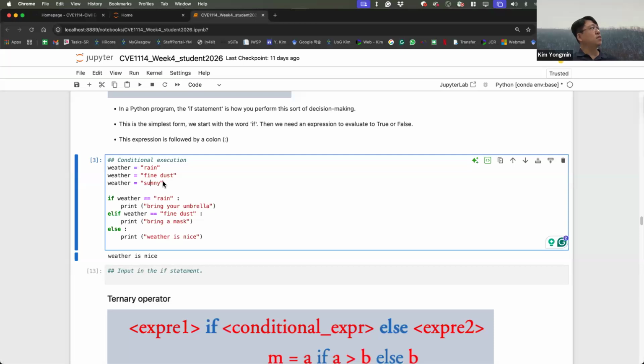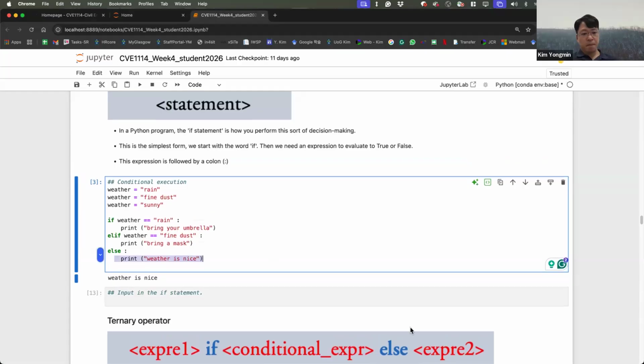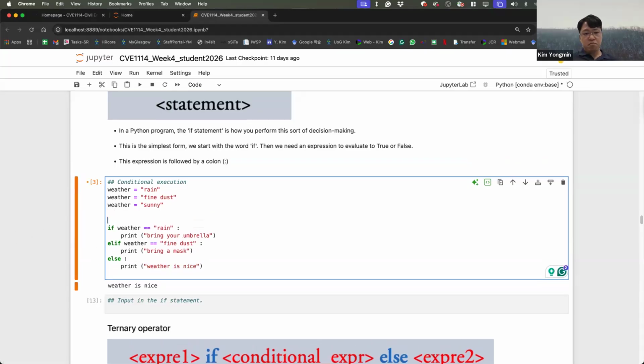So this will move here. Rain? No, skip. Weather is finders? No, skipped, and then finally execute this final statement.